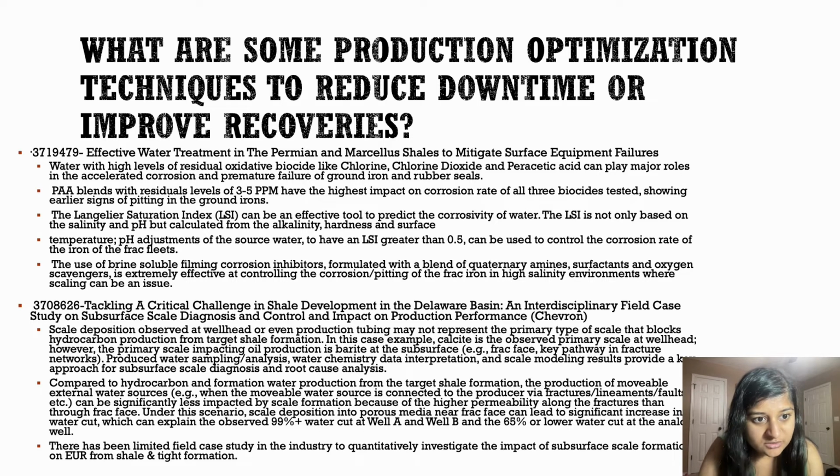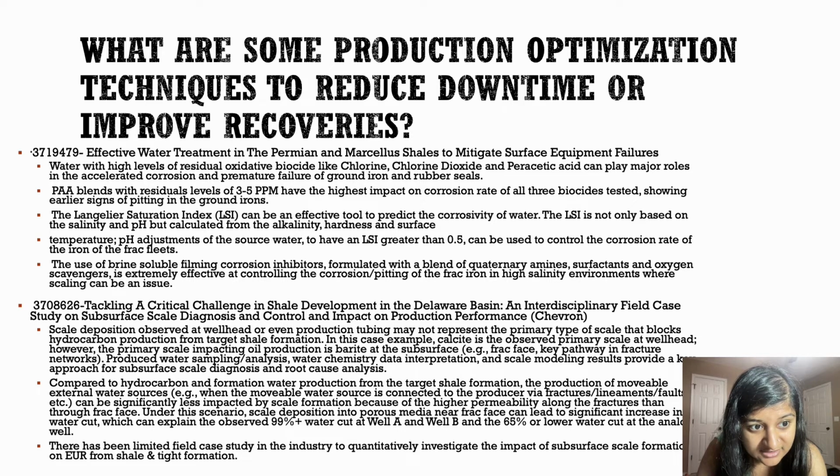Scale deposition observed at the wellhead, or even in the production tubing, may not represent the primary type of scale that blocks hydrocarbon production from the target shale formation. Calcite is observed as a primary scale at the wellhead. However, the primary scale impacting oil production is barite at the subsurface. Produced water sampling analysis, water chemistry, data interpretation, and scale modeling results provide a key approach to subsurface scale diagnosis